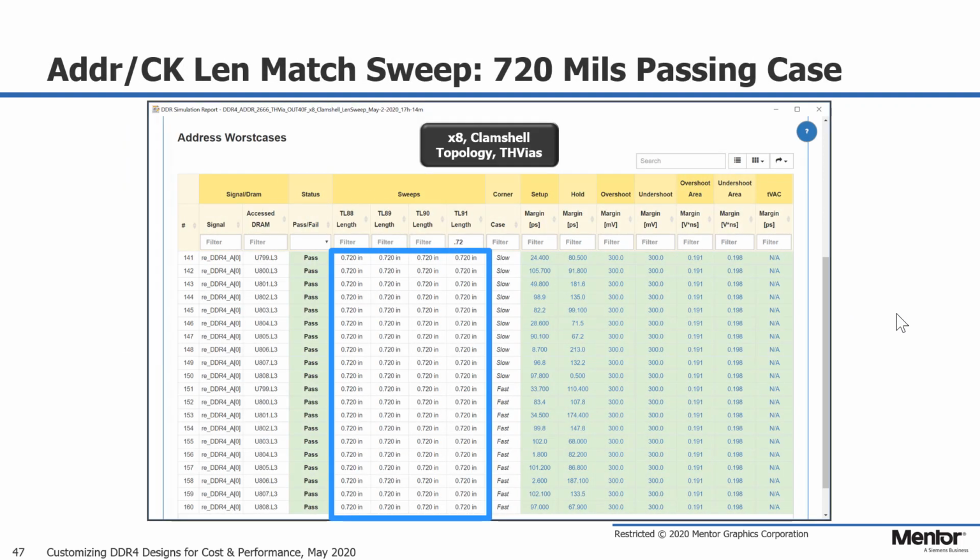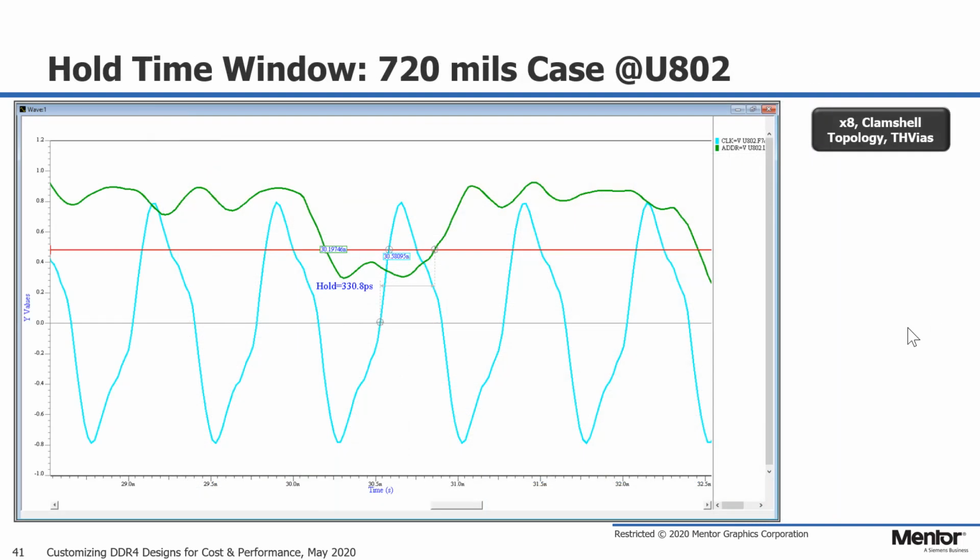As we look at the other results for the passing case of 720 mils, it has plenty of margins on the same DRAM. Now let's take a look at the waveforms. The address waveform is no longer multi-crossing the DC threshold. Now the crossing is further out and the measured hold window is now 330 picoseconds compared to 184 picoseconds in